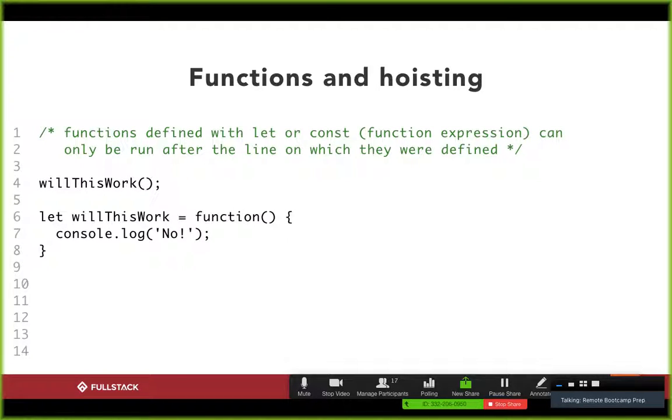So if I do another example, this is something called a function expression. And even though in this case we are also using the variable will this work and we're creating a function, notice how here, rather than using the function keyword, what we're really doing is creating a variable called will this work, and we're assigning it the value of a function. And so we call this a function expression. And this is actually a little bit different than the previous one, because what happens is on the first run through of this